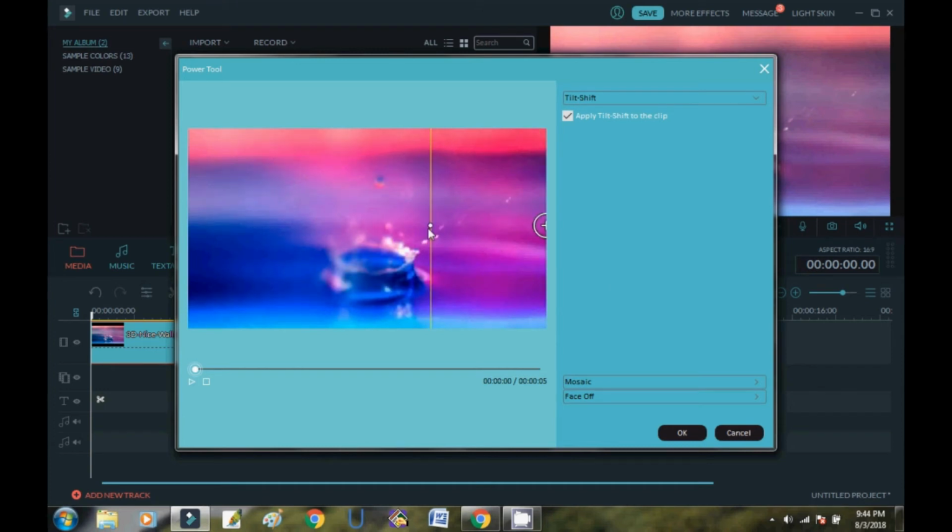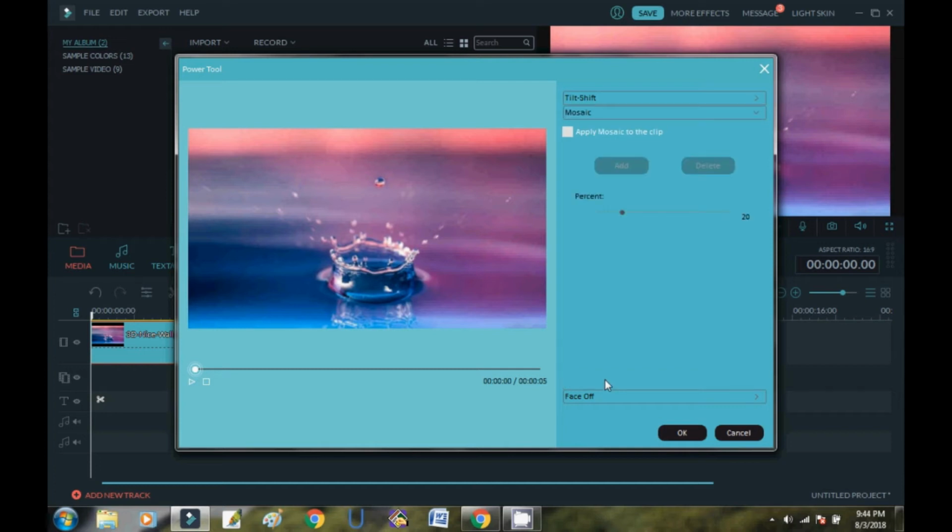On the other side, if you want to select a particular area, then just go to the mosaic option, then select apply mosaic to the clip. Just select this one and select add. Here you can see a blur option come out. Then just select which area you want to blur,